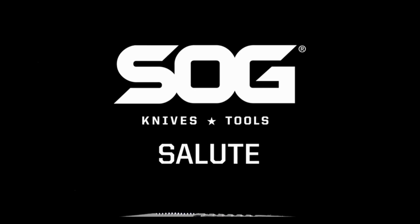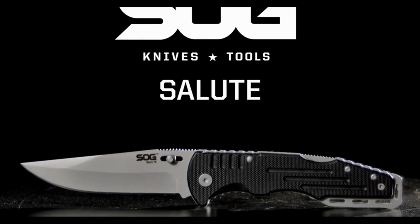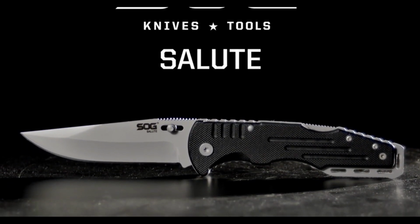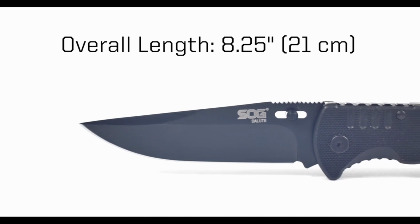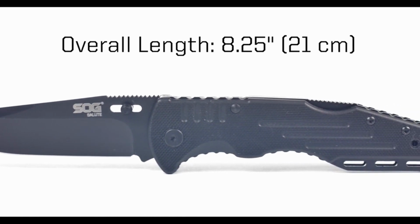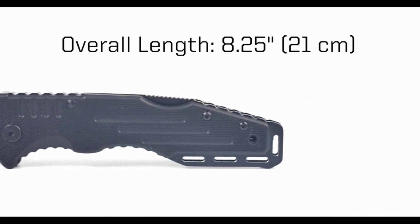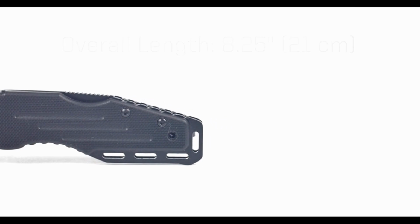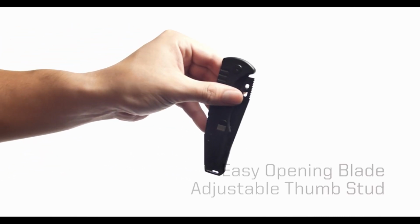5. SOG Folding Pocket Knife. The author provides a review of the SOG Trident Elite knife, highlighting its specifications and potential for utility and rescue use. The knife has a 3.7 inches clip point blade made of AUS 8 stainless steel, with a Rockwell hardness rating of RC 56 to 58. It features an assisted opening design, ambidextrous thumb stud, and glass-reinforced nylon grips with a rubber overmold. The knife has a glass-breaking tip and a groove in the grips that can be used as a rescue cutter